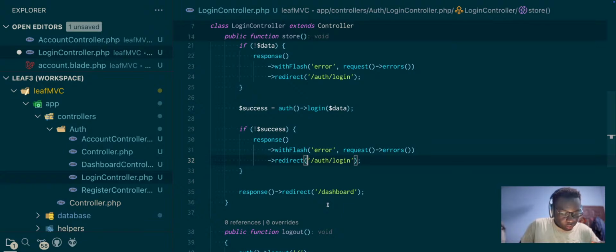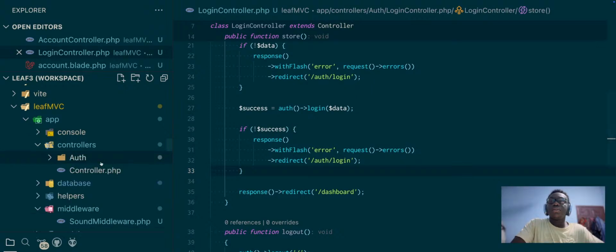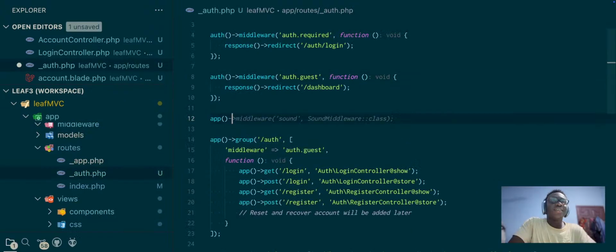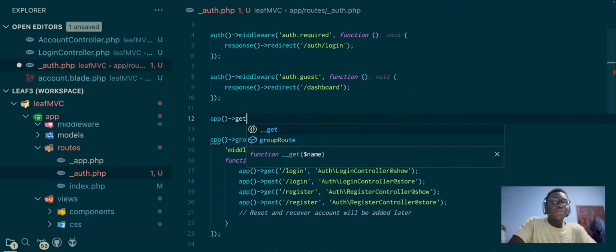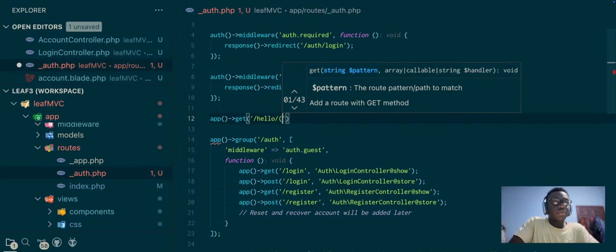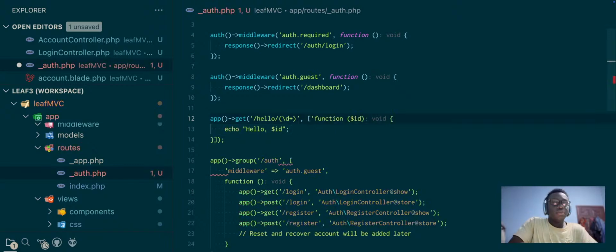Name test. You can actually do that. Let me try this. Let's see. Routes. There's a lot of folders. Okay, so app get. Maybe let's just say hello slash backslash d plus to allow numbers, right? And then I have